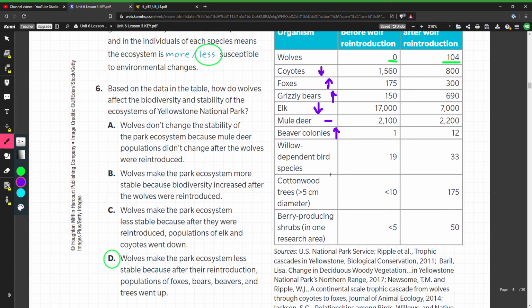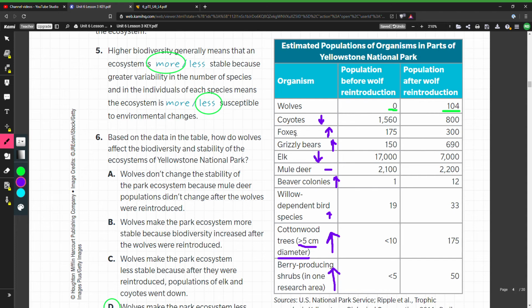And we have birds. Birds went up a little bit. The cottonwood trees, this has greater than 5 centimeter diameter. So these are talking about slightly large, like large trees. So the larger trees increased, and then the shrubs also greatly increased. So you can see how maybe the foxes, grizzly bears, the beaver colonies, all these trees, most of these increased just by adding wolves, which is good because a lot of these things, right, you had in one area there